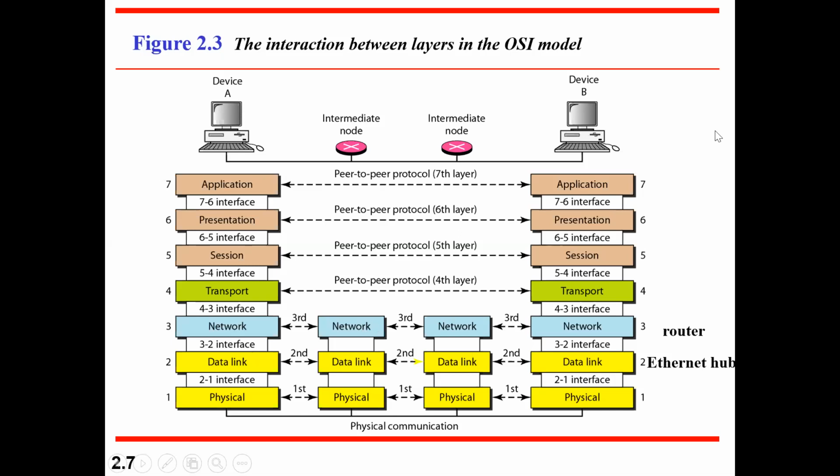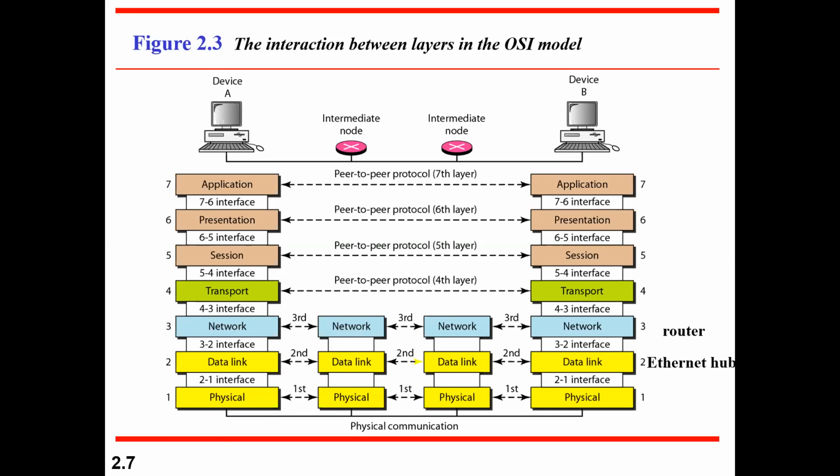So why are intermediate nodes needed? What is peer to peer? Peer to peer is end to end. That's it. Whereas with respect to network, data link, and physical, as well as to some extent network, it is not peer to peer. End-to-end transaction never happens there. It takes care of the intermediate nodes that are available. Why do you require intermediate nodes?